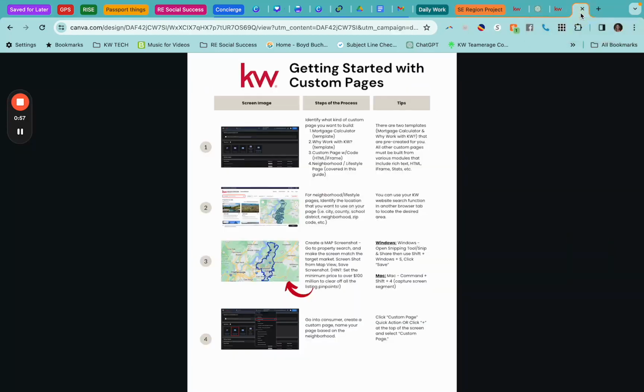So now that we're ready to go, let's figure out exactly what we're going to do. The first step, of course, is to identify what type of custom page you want to build. Do you want to build a mortgage calculator? Do you want to build a Why Work with KW agent or company overview page? Do you want to build a custom page with code like HTML or iframe? Or do you want to build a neighborhood or lifestyle page, which is what we're actually going to cover today